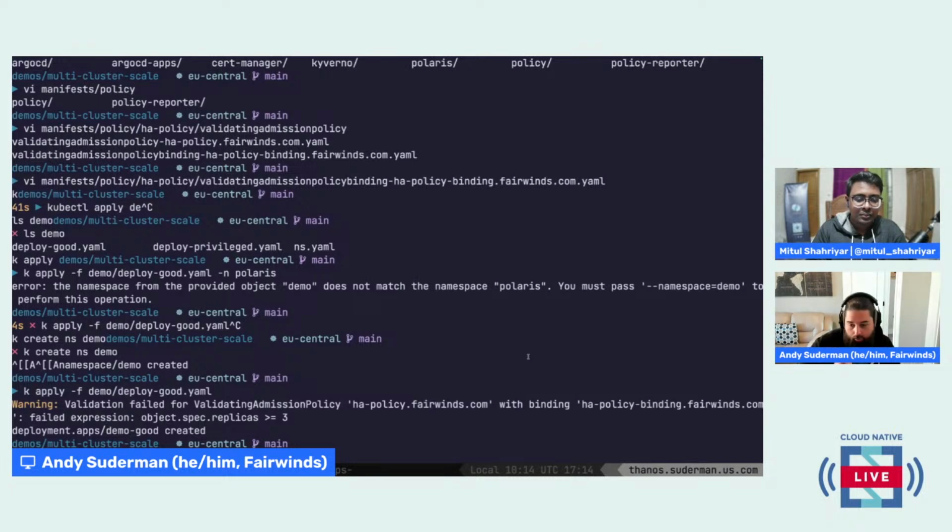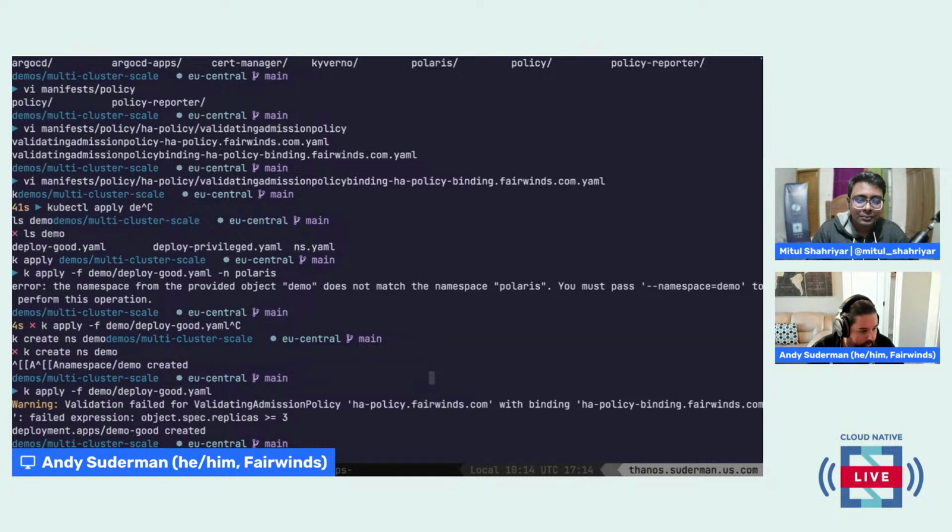Now, the downsides: it can only apply to single objects. And we really have no way of auditing existing objects in the cluster with this policy. So this is sort of only at admission time. We can see it in the audit logs if you have those going somewhere, but that's really the extent of what it's capable of doing. So that's the first strategy that we see, which is validating admission policy with CEL.